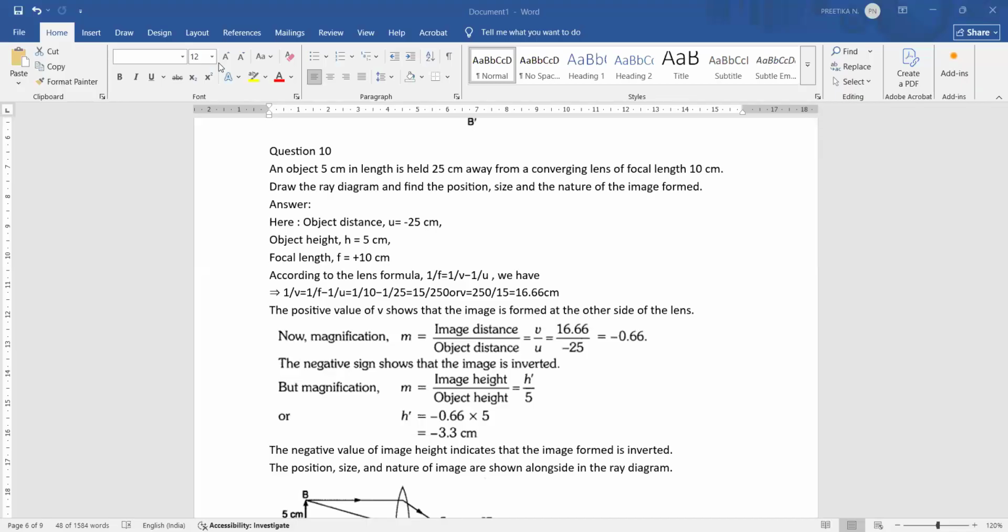Now we have the magnification. Now I'll use another formula of the magnification, which is height of the image upon height of the object. Object height is given, magnification you have already found out. You put these two values and the height of the image you can simply find out by multiplying the two quantities. So the height of the image will come out to be -3.3 centimeter. Please complete the rest of the portion. In case you have any doubt, I'll be there to clarify. Otherwise, just complete it.